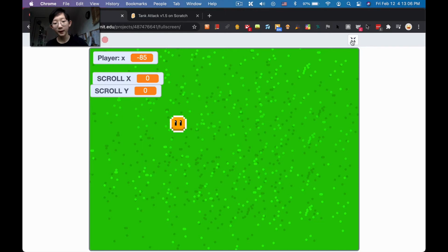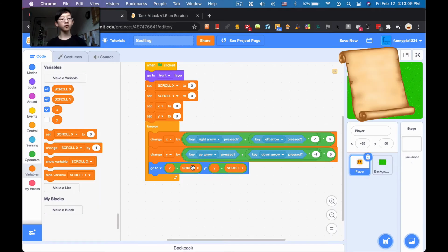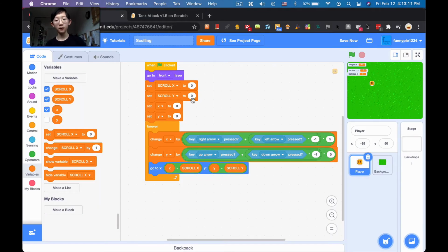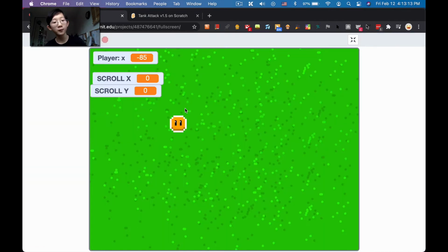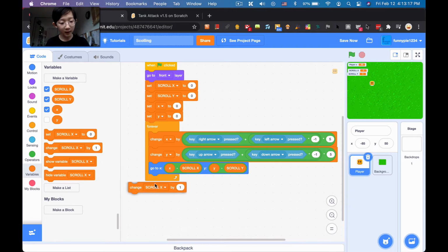I'm just gonna stop that. That's because we haven't set our scroll X variables. They're actually still 0, as you can see. We're just subtracting 0, which doesn't make a difference. So what we're gonna do is change